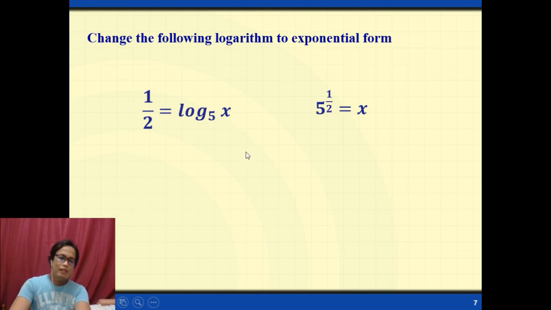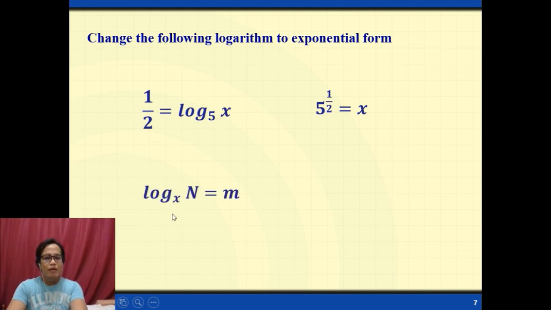Let's proceed last example. We have log of n base x equals m. So when we write this one to exponential, that is x raised to m equals n. We have the base x, the exponent m, and the power n. Okay, so ingon anak ra siya ka sayon from exponential to logarithmic, logarithmic to exponential. So